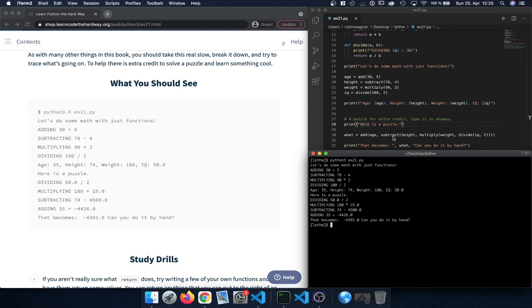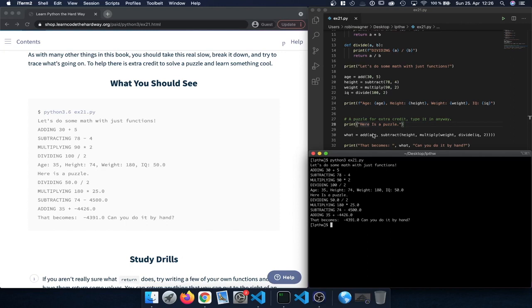One level further out, we have subtract, and here we subtract the height and the result of calling multiply, and of course divide here. So in this case, height, we calculated that here before. So we have subtract 74, which is the output that we calculated before, minus the result of multiplying those values here, which was the operation before, 180 times 25, so we have 74 minus 4,500. And finally now if we go one further to the outside, one further to the left,